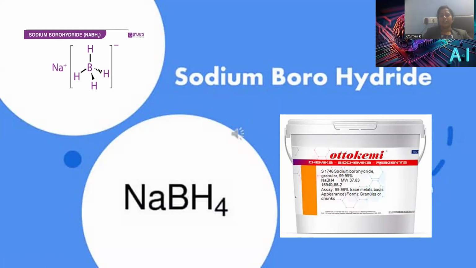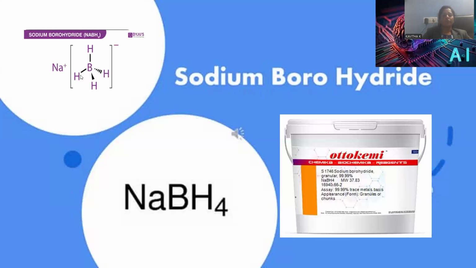Now we are going to conduct the session based on oxidations and reductions. In the earlier session, we conducted a series of sessions based on oxidations and reductions. Recently, we entered into reagents called reducing agents. In that regard, the compound taken will be sodium borohydride. It is mentioned as NaBH4. Sodium borohydride is a kind of reducing agent. The discussion is going to be given upon the reactivity of sodium borohydride.